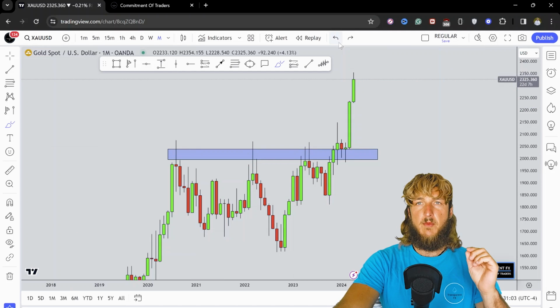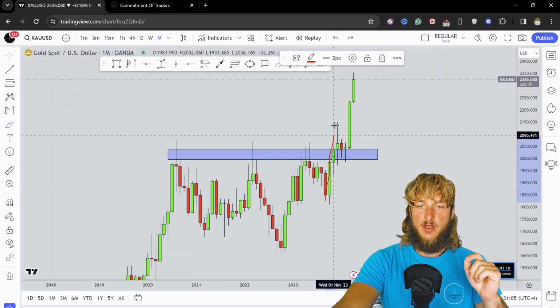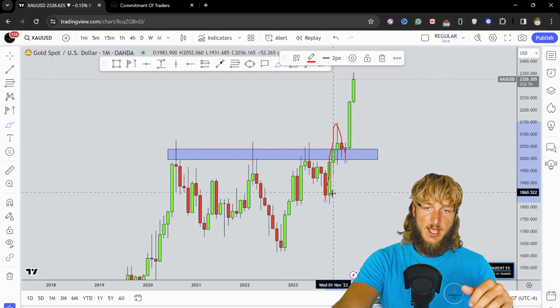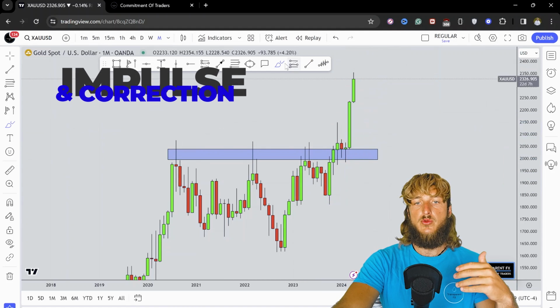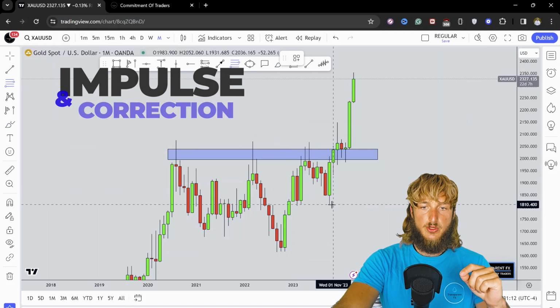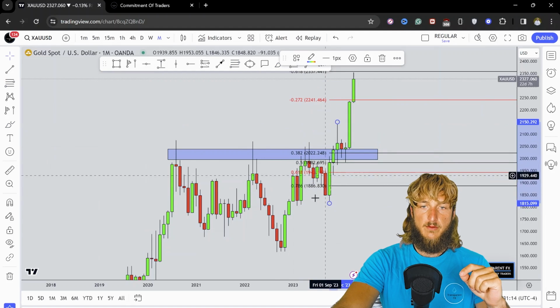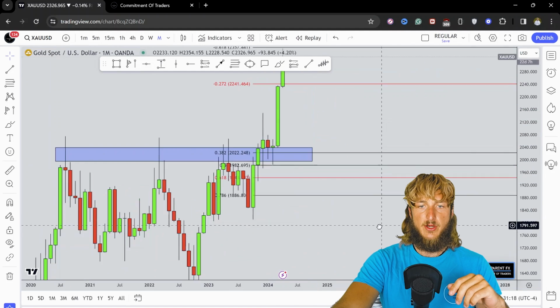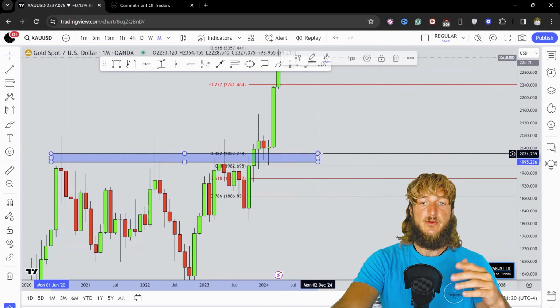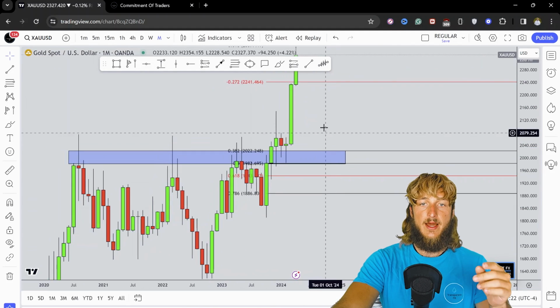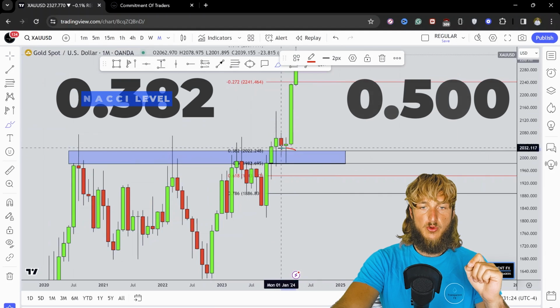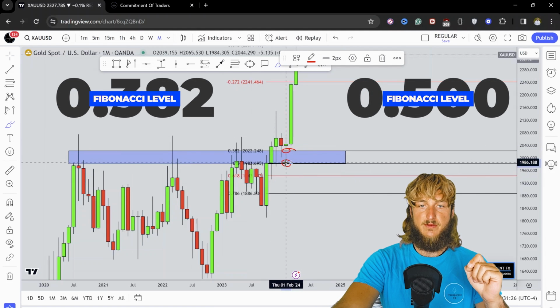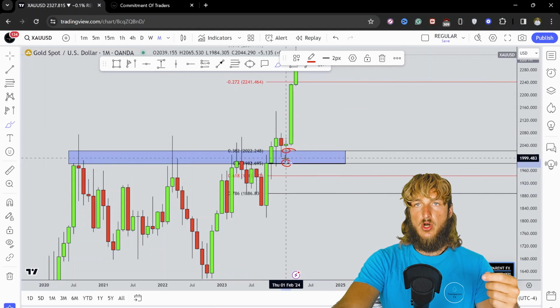We can also notice that from a pattern standpoint, we have a very clear impulse followed by a correction. And in general, after an impulse, if you want to measure the correction, you have to take your Fibonacci from the low to the high of the impulse leg. And if we do that, what we can see is that we have a market which at the moment has rejected to the upside the area exactly in between the 0.32 and 50% Fibonacci retracements,